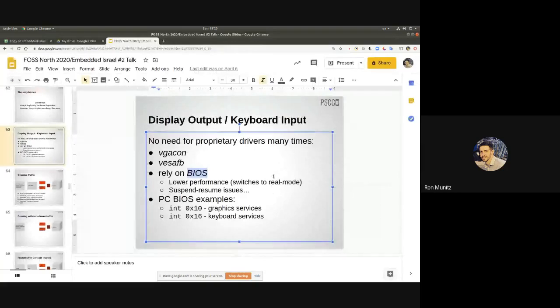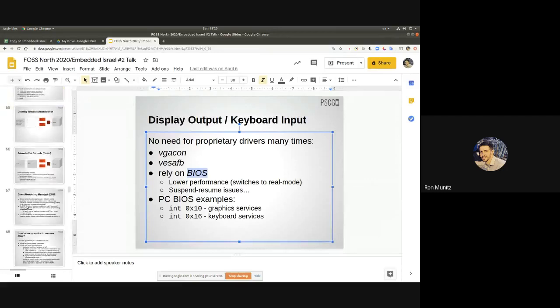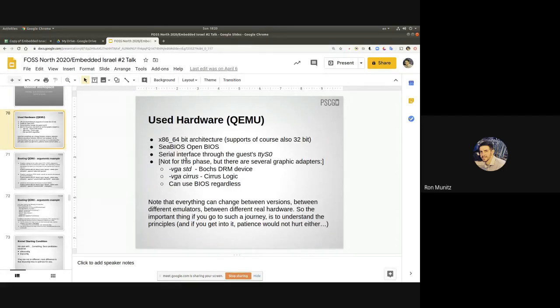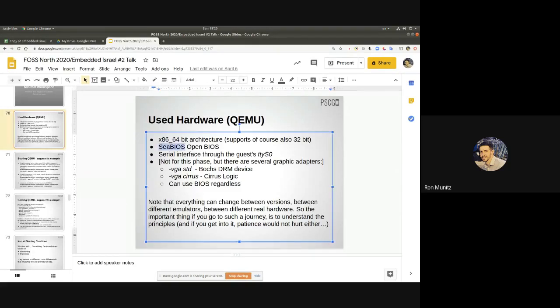So you can get a lot of services just by not doing anything, okay? When we talk about the hardware and the BIOS that is provided to us in QEMU, you don't need to do anything. You get to see BIOS, Open BIOS for free, okay? So when we have keyboard services, display services, and the like, we're just going to use that. Having said that, the operating system that we are going to be developing right now,